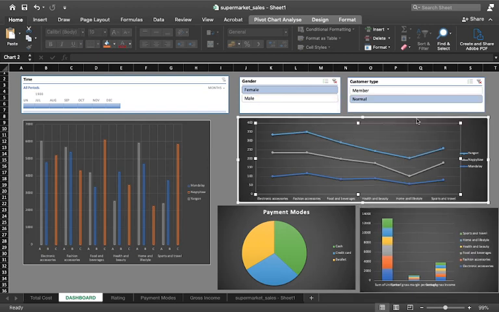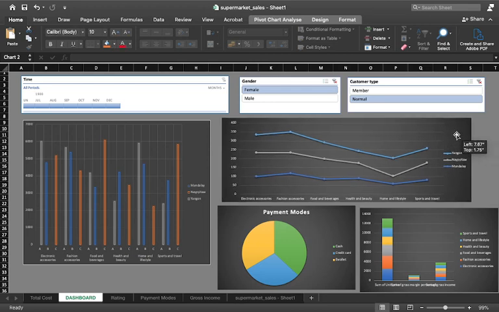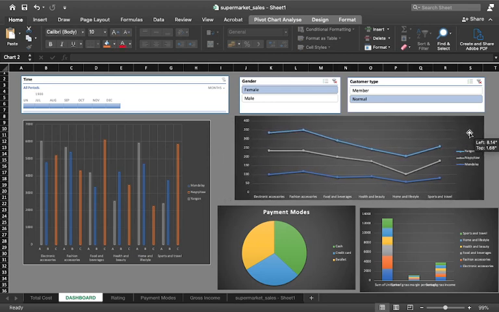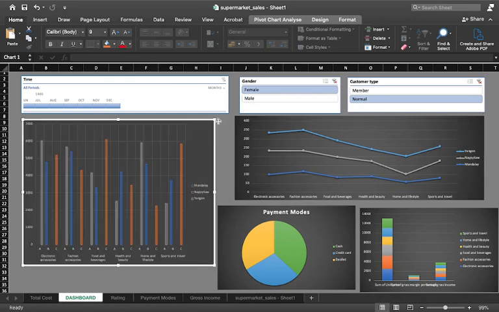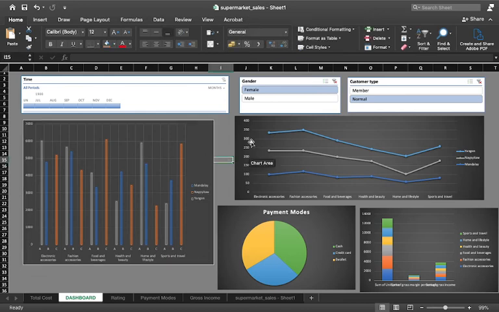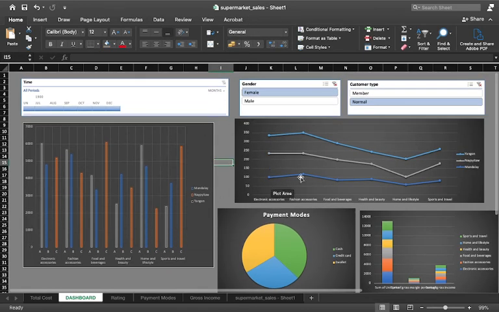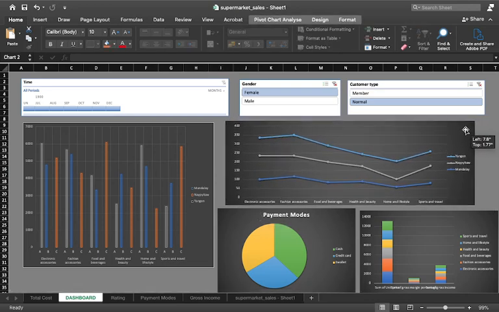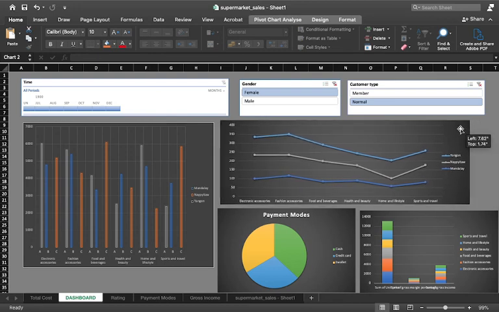I'm going to shift this a bit this side, yeah, and I'm going to increase the size a little here. Yeah, so I think this looks pretty simple and easy to understand and good to me.